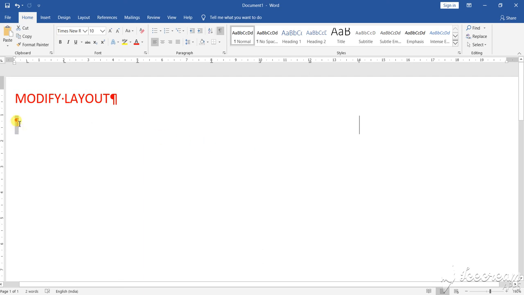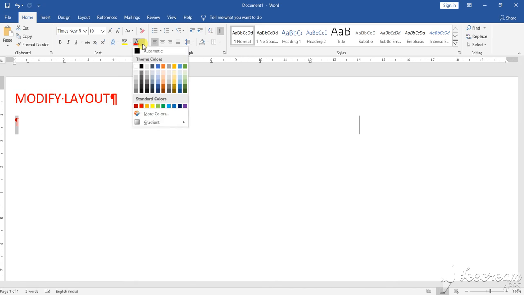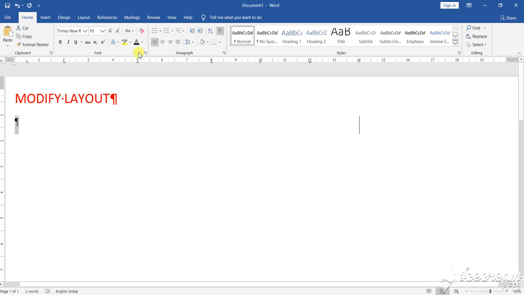Now what I've said, this has come by default in red color. This red color, suppose I want to change it into a black. So you can take the color setting and you can make it. Now here you can write, suppose you want to write now.